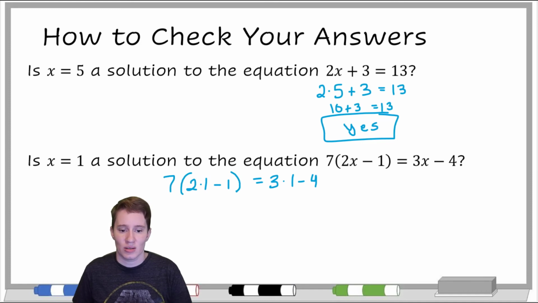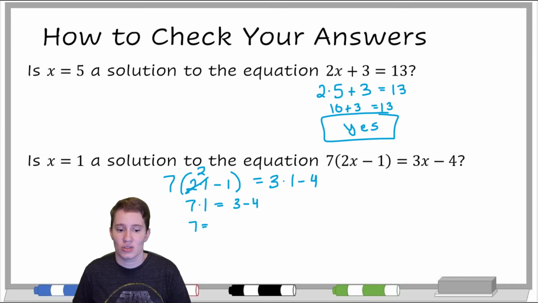So we do what's inside the parentheses here. We do the multiplication and then we subtract the 1. So 2 times 1 is 2 and 2 minus 1 is 1. So I'm going to do 7 times 1 on this side. Here I've got 3 times 1, which is 3, and then I'm going to do minus 4, which, if you're